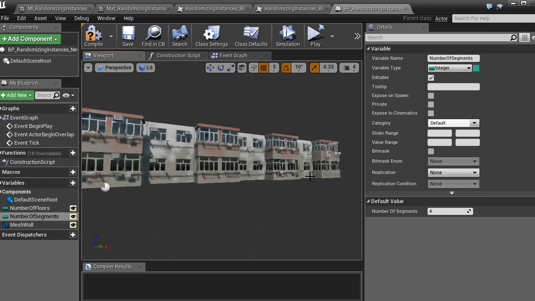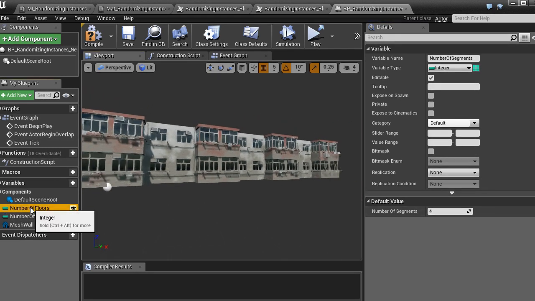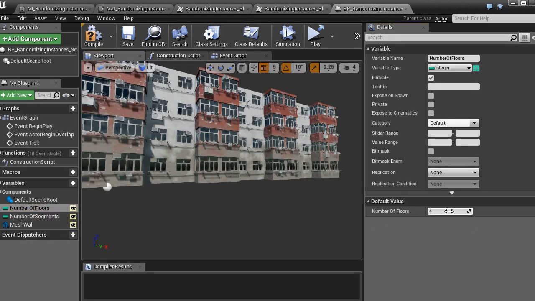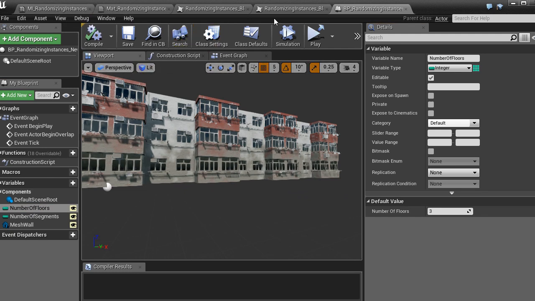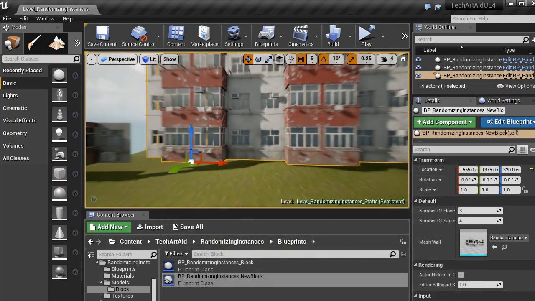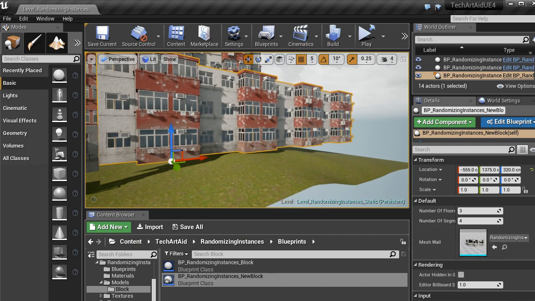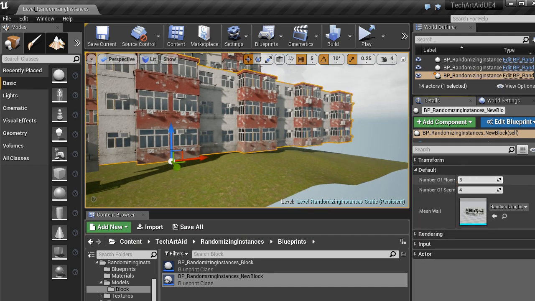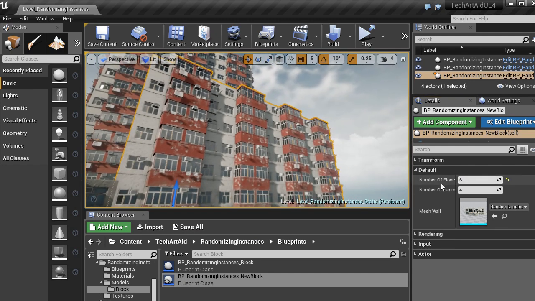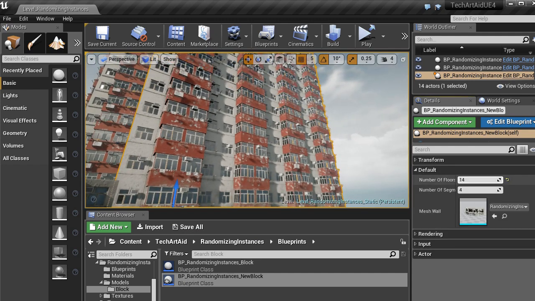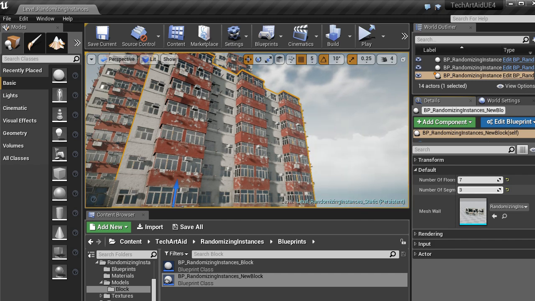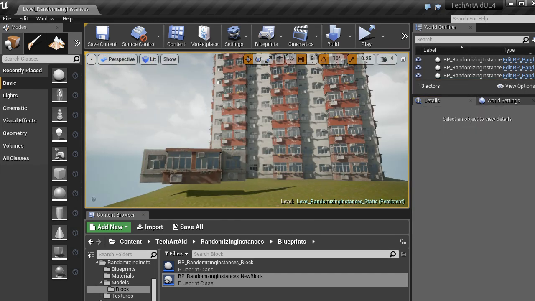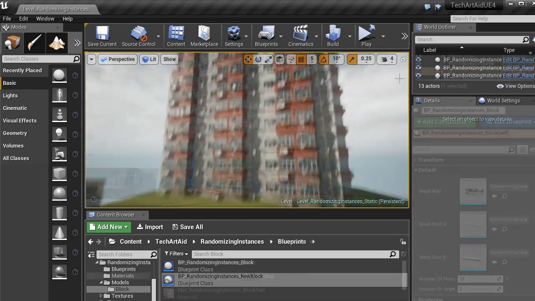Here we specify the number of segments, here we can change the number of floors. When we go back to the viewport, we can still access the values here in the details tab. So the number of floors and the number of segments. And that's basically how I created this one.